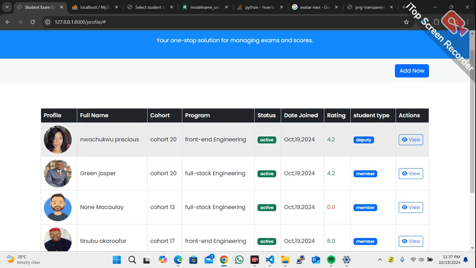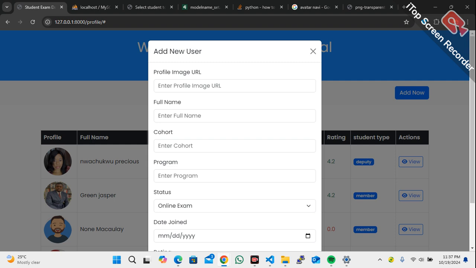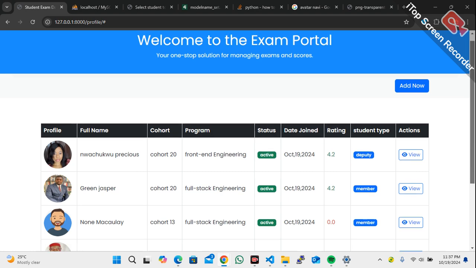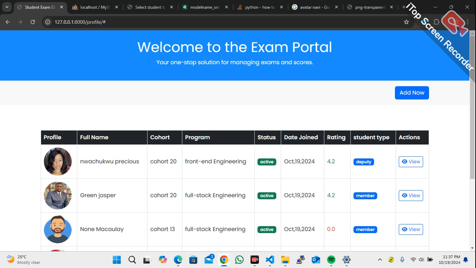So add these two buttons. Don't forget edit and delete. When you click on delete, it should show you a pop-up: are you sure you want to delete? Say yes. Then it should delete, then reload and take you back to the same page. So when you create the account, don't worry, just do the front end. Then send it to me on my GitHub so that I can look at it and see what we are going to come up with. So we'll meet on